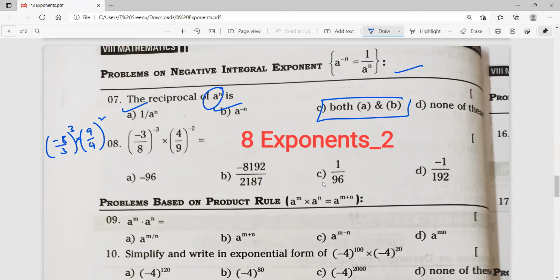Now, if there is any cancellation, we will do it. Minus 8 into 8 into 8, 3 times, by 3 into 3 into 3. And 9 into 9 by 4 into 4. 4 in 8 goes 2 times. 4 in 8 goes 2 times. 3 3 is 9, cancel. What is the remaining number? Minus 8, minus 2 by, into 9 also there, by 3, that's all.